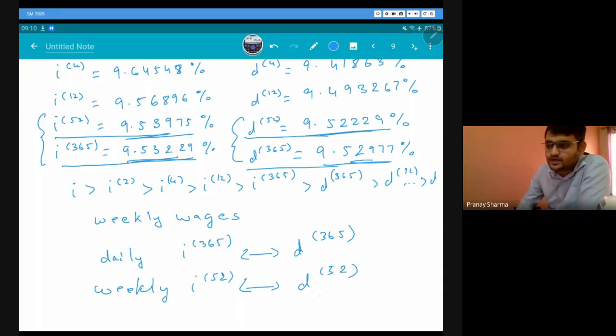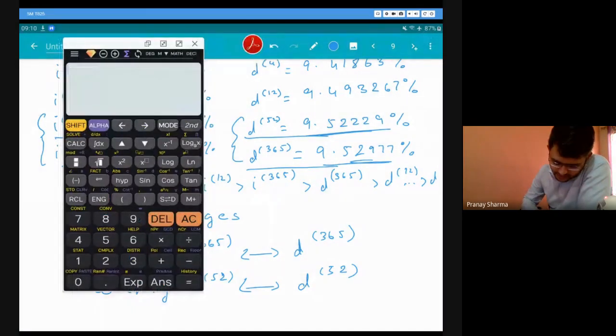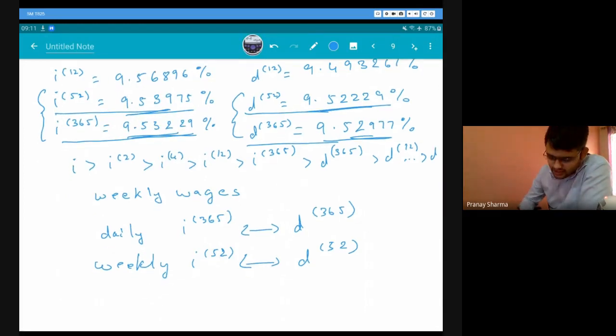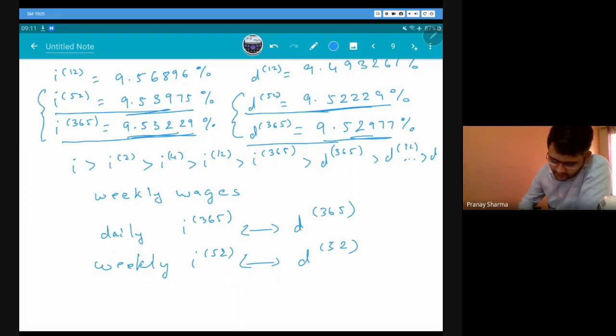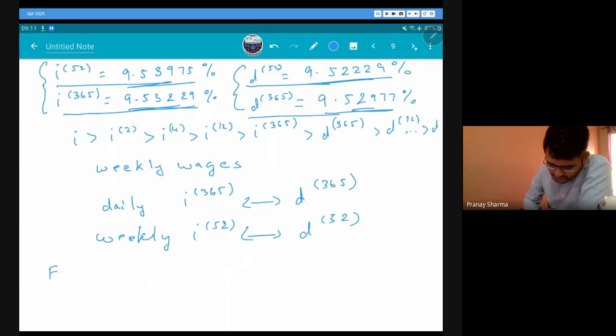If my factory is running for the past 20 years, I need to figure out the values for 20 years. My weekly values will be how much? I will have 1040 values. For 25 years, for 30 years, these are very common things. It becomes a very large calculation. So again, weekly is a little bit better than daily, but it is still a lot of calculations. So instead of that, what we do is we introduce something called force of interest to make our calculations easier.